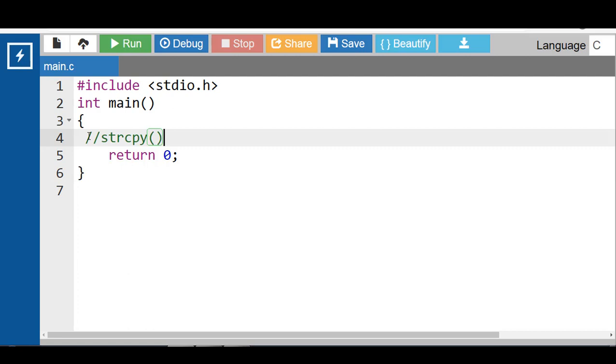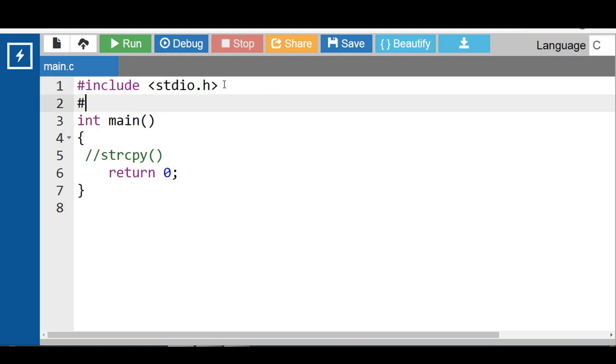The strcpy function copies the string pointed to by source, including the null character, to the destination. The strcpy function also returns the copied string. The strcpy function is defined in the header file string.h. #include <string.h>